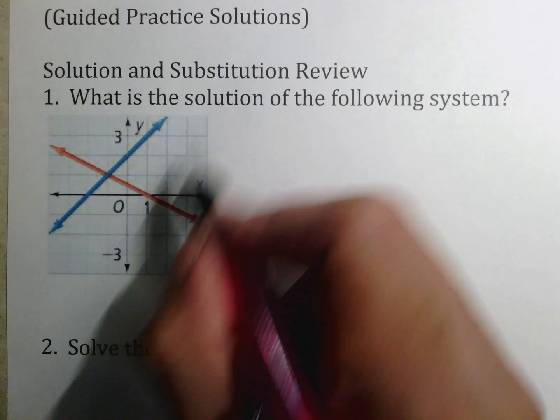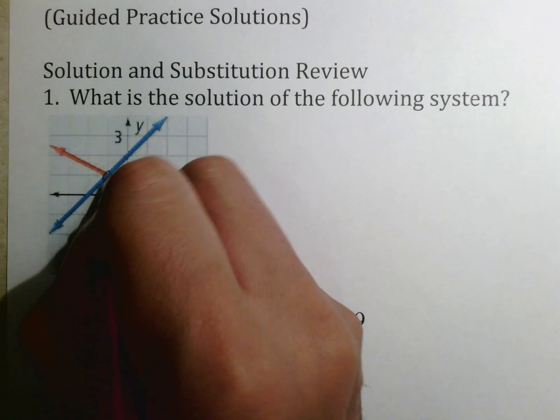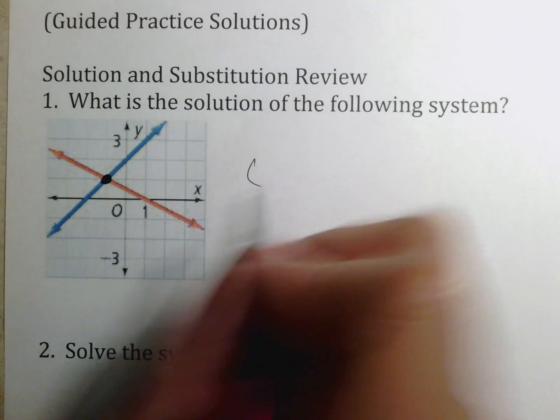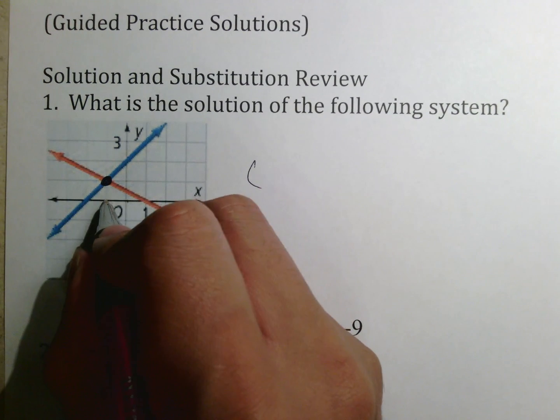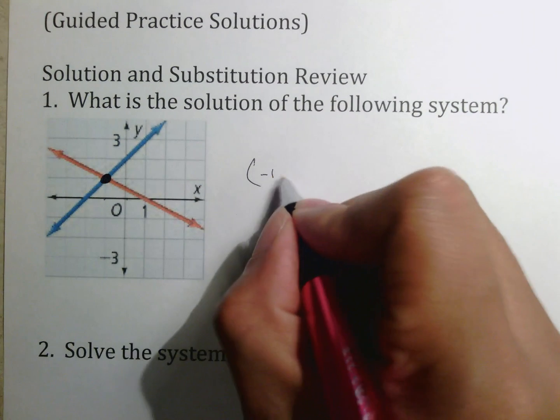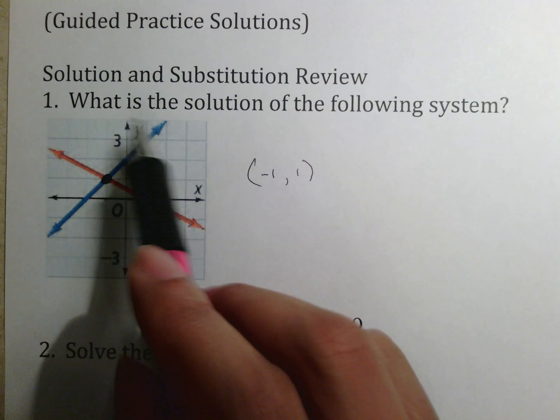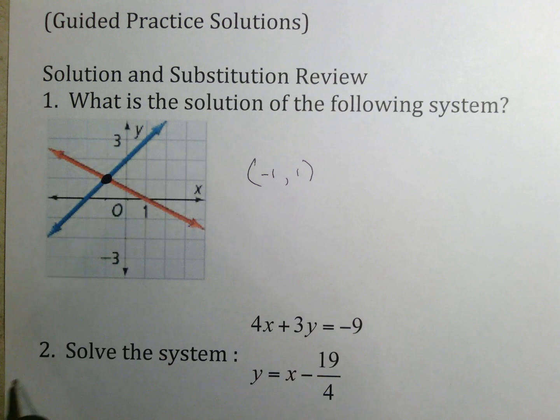Remember that if you have 2 lines and you're talking about a solution, the solution is where the 2 lines cross, and it's the ordered pair where the 2 lines cross. So if you were doing that, the solution of this would be -1, 1. That is your solution. Again, whenever you have 2 lines and they want to know what the solution of the system is, or a solution of graphs,